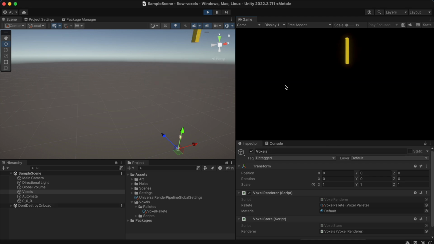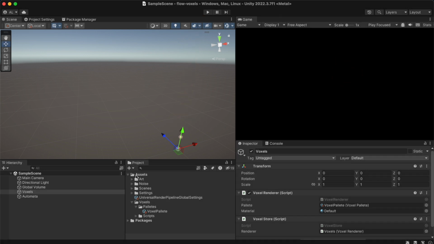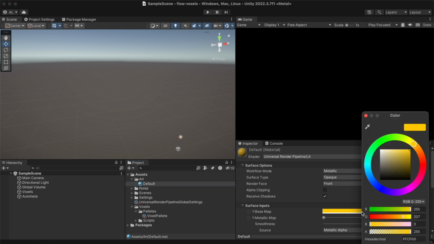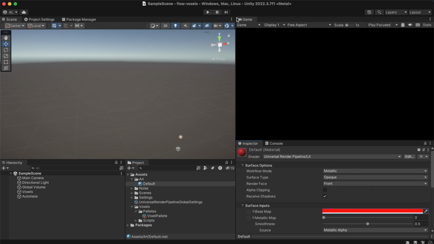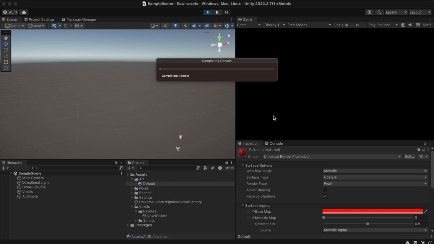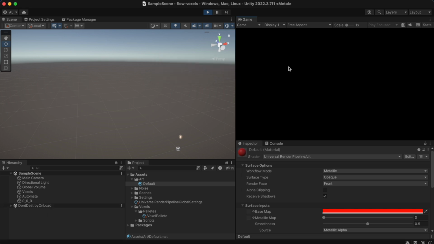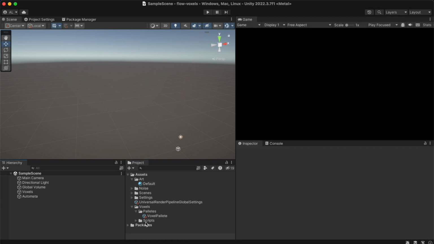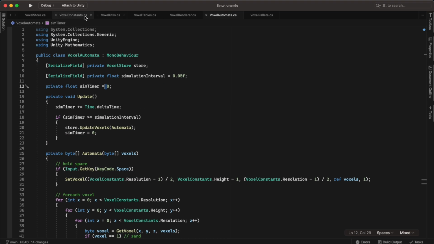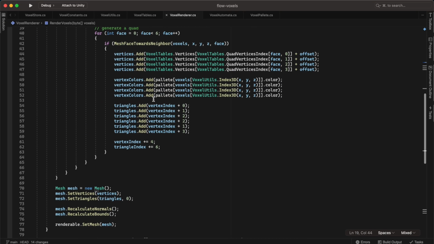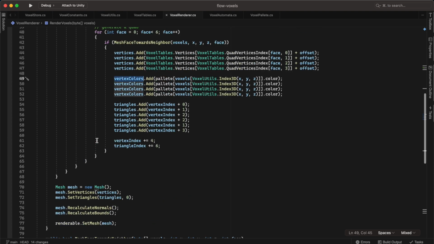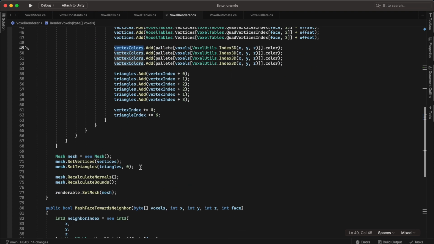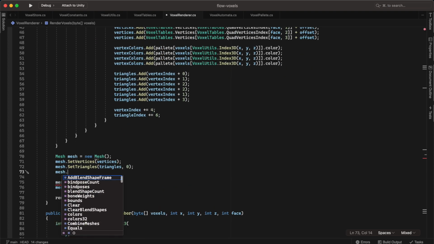and I hold space down, sand false. Now you might think, hey, it's working, sand, but really, if I go into the material and I change this to red, you're going to see that it comes out red. And so the reason for this is that even though in our voxel renderer we are adding vertex colors in here, we have not set them